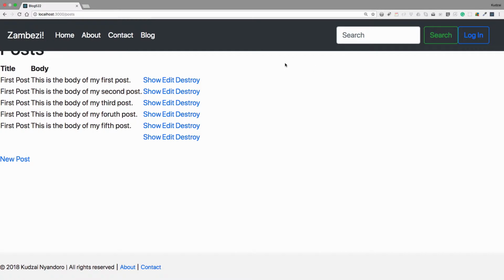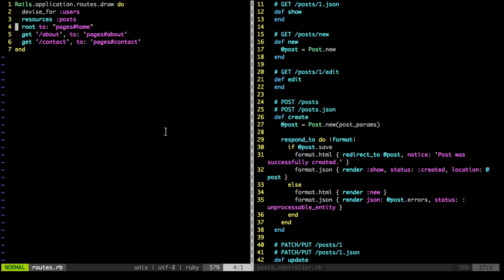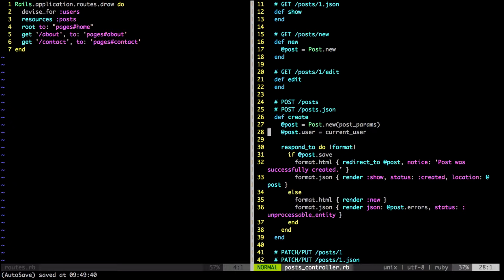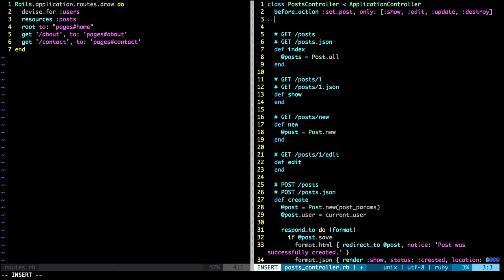And the way we do that is by going to the controllers here. Let's go to our controller, and then over here we want to first give our post under the create action a user. We're going to type in line 28, we have post dot user equals current user, and then at the top here we're going to type in before action